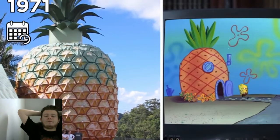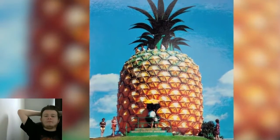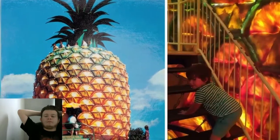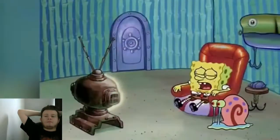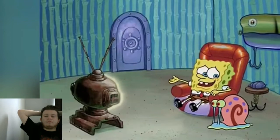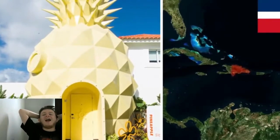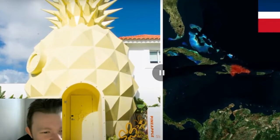The structure looks just like SpongeBob's house, but unfortunately the giant pineapple is just a sculpture, and all you'll find inside the supersized fruit is stairs to the top of the structure, instead of furniture and a snail named Gary. You can't actually live inside the giant tourist attraction, but fear not, there is a version of SpongeBob's home that's fully habitable. The Pineapple Villa in the Dominican Republic is a luxury version